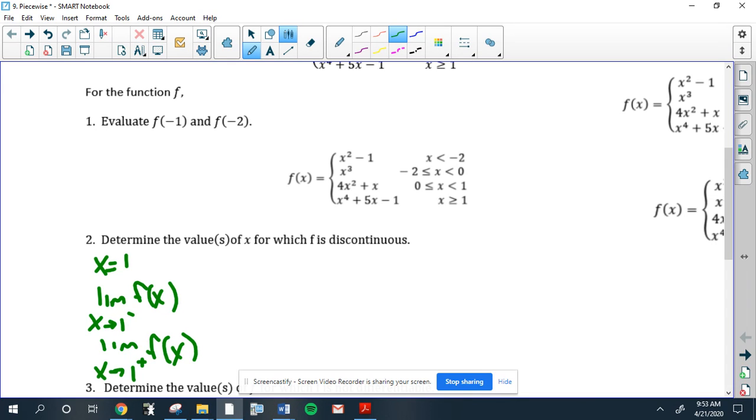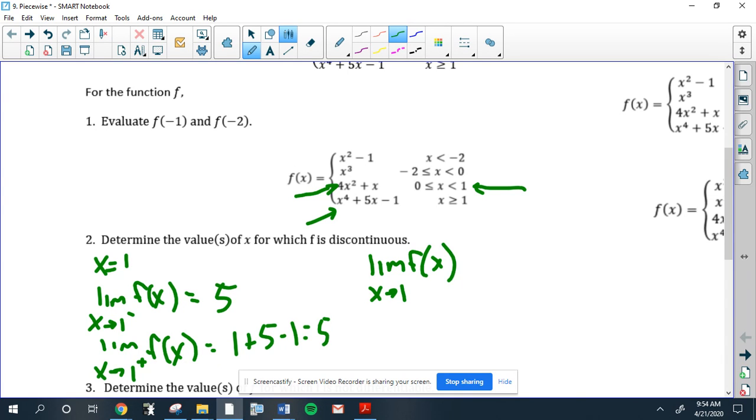And make sure you're using these notations. So 1 from the left, you're going to use this function. So this would be 4 times 1 squared plus 1, which is 5. That was that. 1 from the right, you can use this piece, and that's going to be 1 plus 5 minus 1, which equals 5. So the limit does exist. The limit as x approaches 1